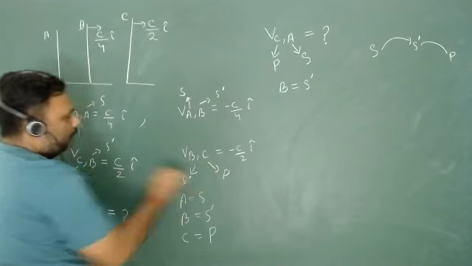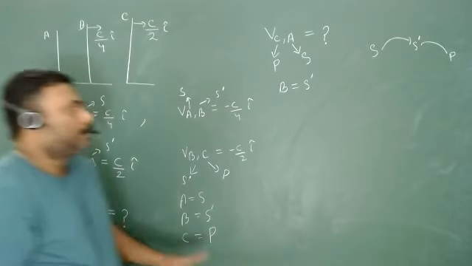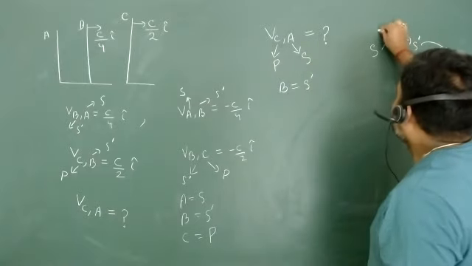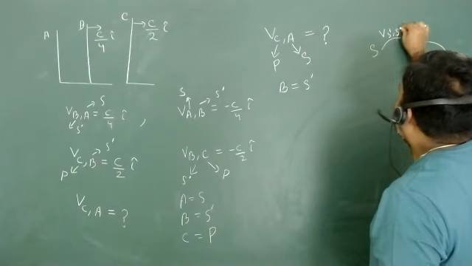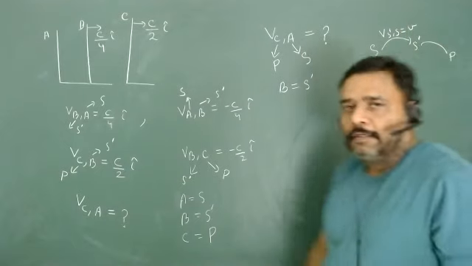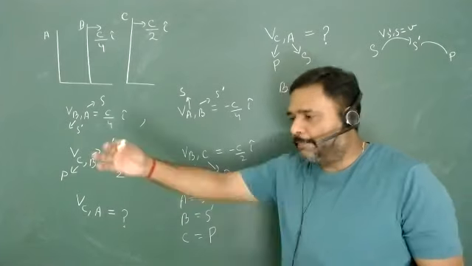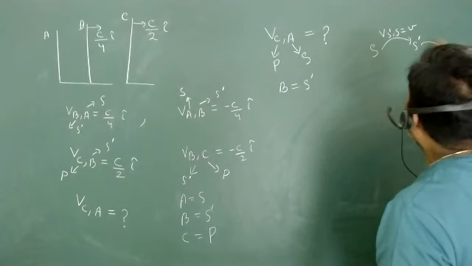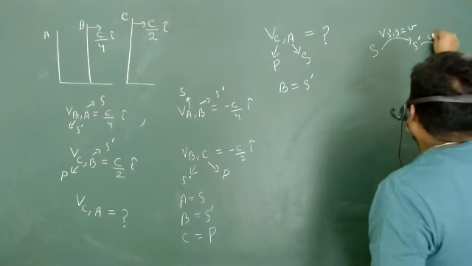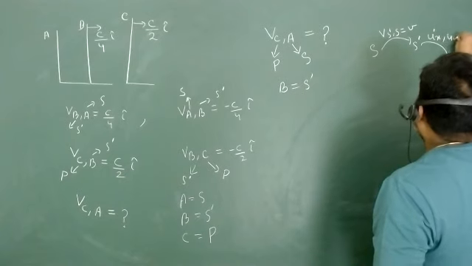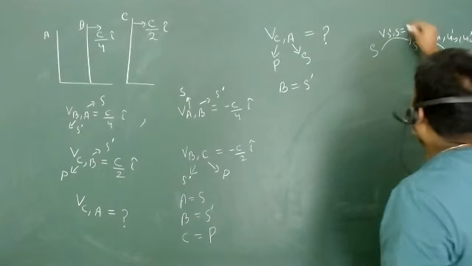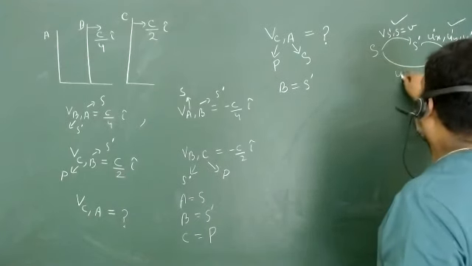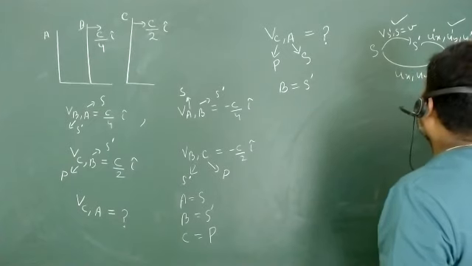B is S dash. And now in my algorithm, the relationship between S dash and S is a known quantity, and this is given as velocity of S dash with respect to S. This is V. Remember, this is the way we have learned and developed all this. So velocity of S dash with respect to S is V, and velocity of particle with respect to S dash is Ux dash, Uy dash, Uz dash. So this is a known quantity, and each and every time I have to calculate Ux, Uy, Uz.